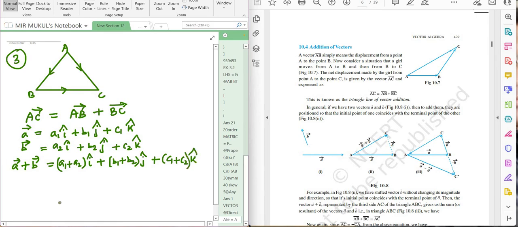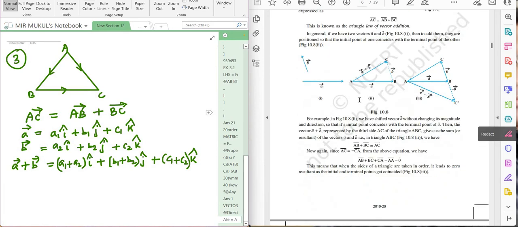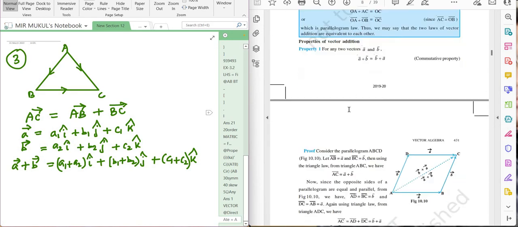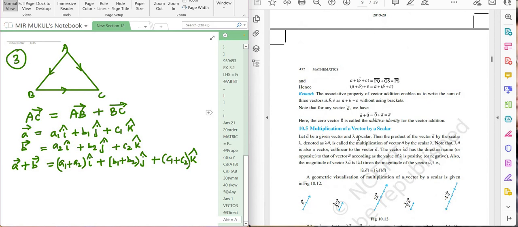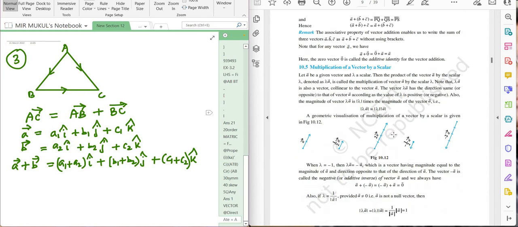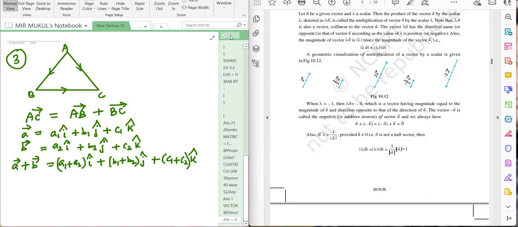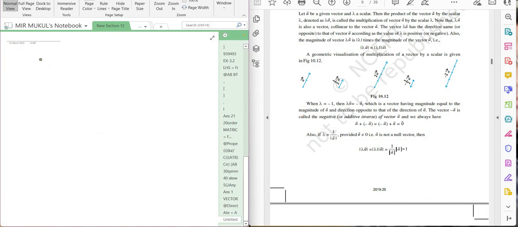Okay, so this is addition of two vectors, right? Now multiplication of a vector by a scalar. If you want to multiply a vector with a scalar, next, fourth concept,